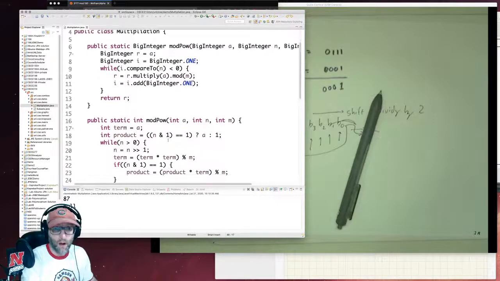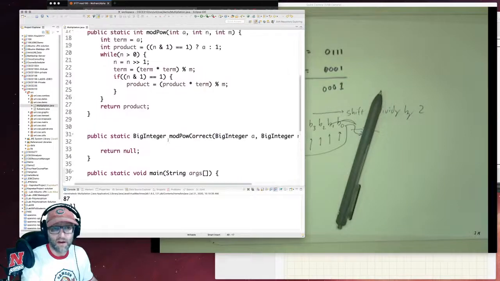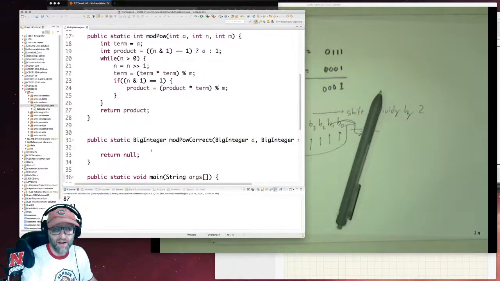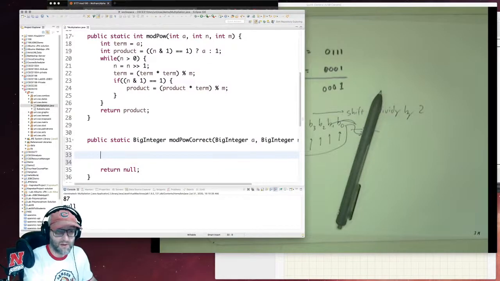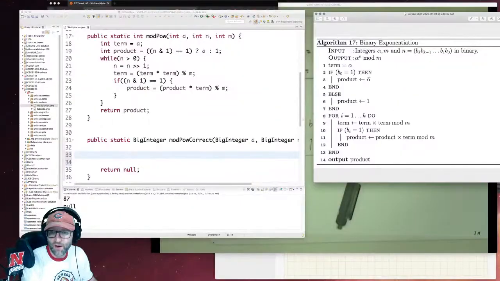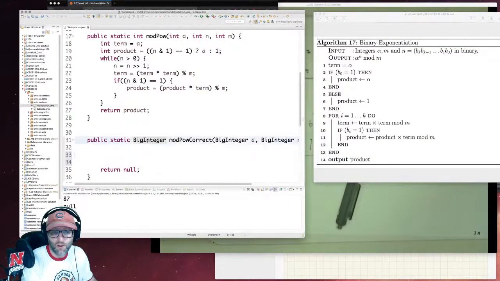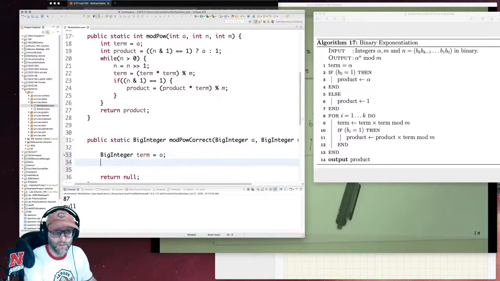Okay. Now, what I wanted to do is to take this and how would you do this in big integer? Okay. So let's translate this. We've already translated the pseudocode over here into Java code that works on integers. Let's actually make it work on arbitrarily large numbers like big integer. Okay. So I'm going to have a big integer of a term, and I'll initialize that to a, just like above. I'll have a big integer of a product,